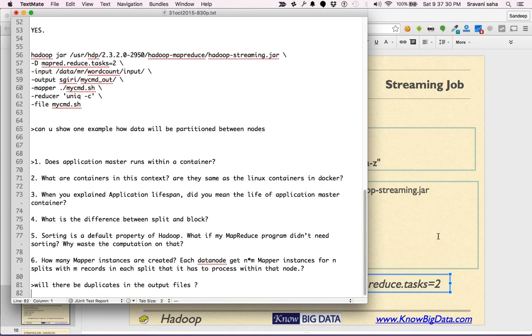Like saying, when you group by in SQL, all the values for that key will pass through the same aggregation function. It will not happen that only a few values come in count. When you say select x comma count star group by x, all the values for x will always be in the count. It won't happen that only some of it came. Similarly, Hadoop says that all the values for a key will always go to a single reducer.